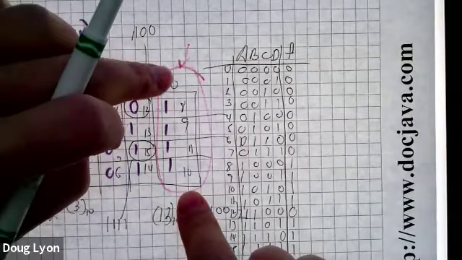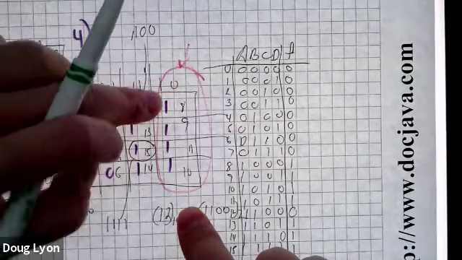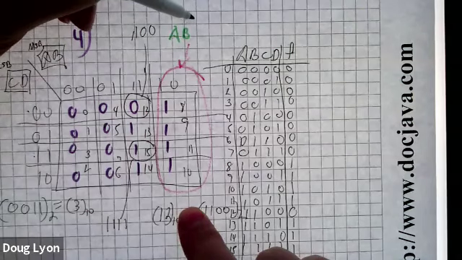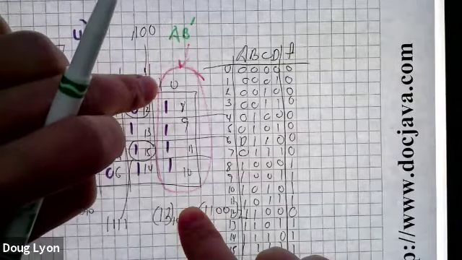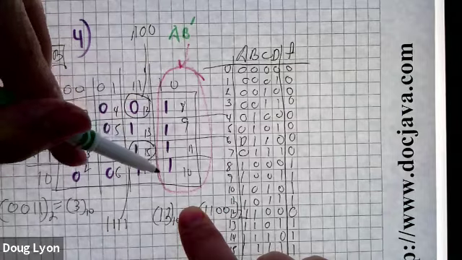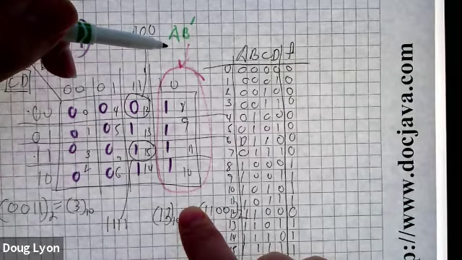Okay, so as you go across this loop, you were first correct. A is not changing and B is not changing. But B is 0, so it's not right. So B is B prime, because that's a 0. A is not prime because it's a 1. And when you go down, C is changing and D is changing. So they're both eliminated. So because you have looped 4 elements, you get 2 variables. Had you looped only 2 elements, you'd have 3 variables. Yeah, I don't know why I was only looking at the bottom two for some reason. That's all right. My question is, as I'm looking at all of these,